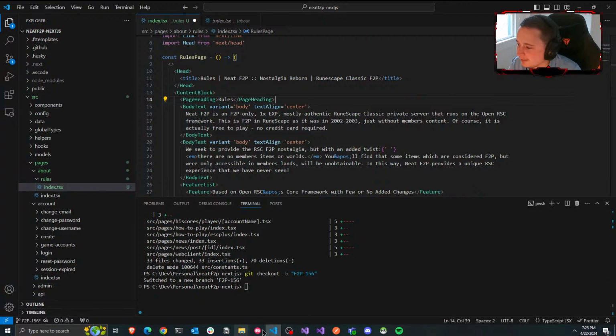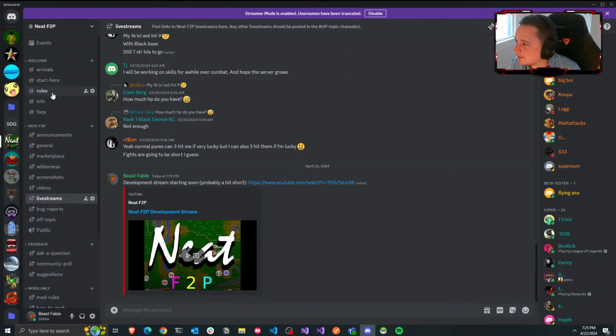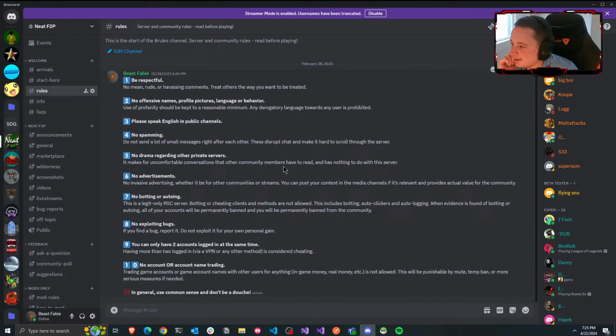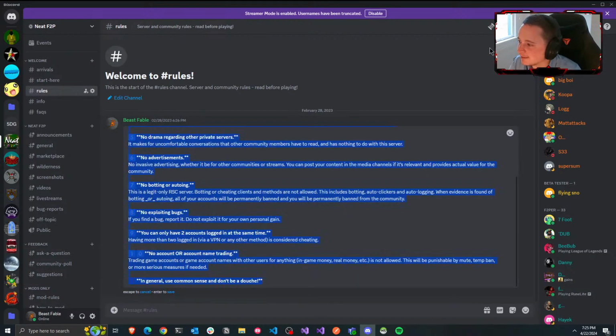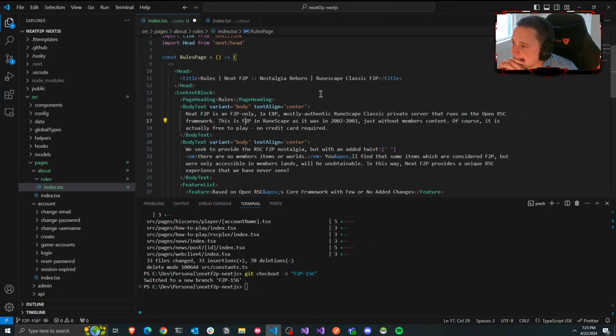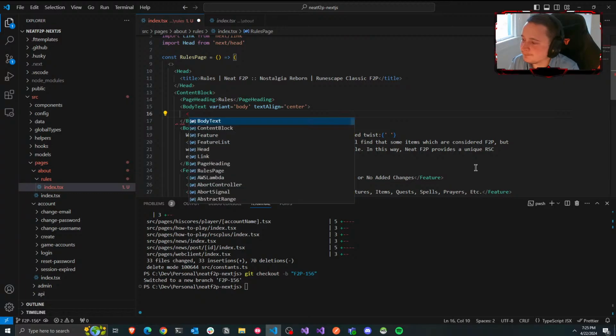And this is gonna look very much like the Need Free to Play rules page, which is just, there's like 10 rules, that's it. I'm probably just gonna copy this. I'm thinking we want a numbered list here, so let's say we'll use this, but then we'll just make this